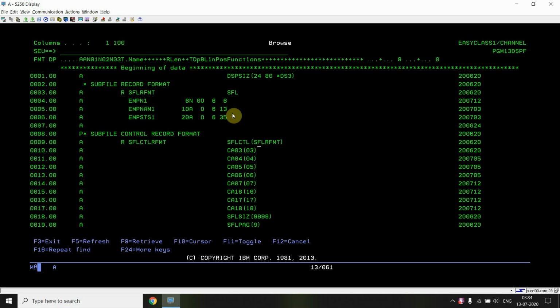We can also identify with this which subfile record format the subfile control record format is associated with. So we can point to the format name which is mentioned here. Now we can see that